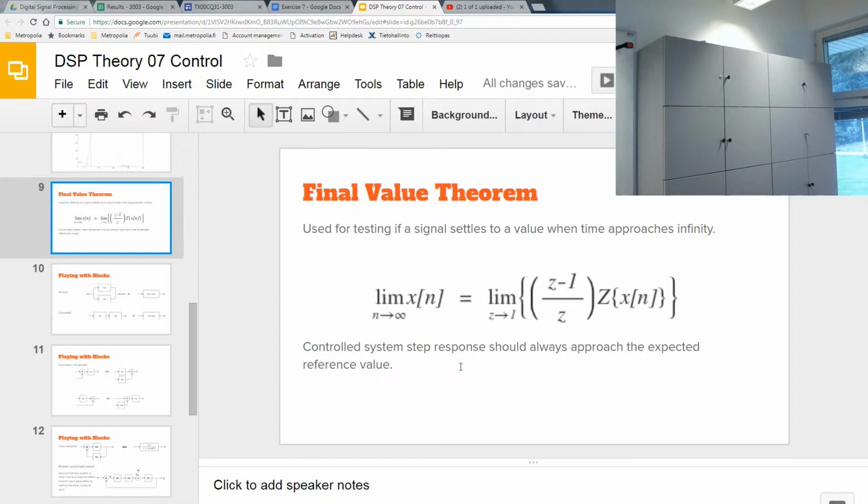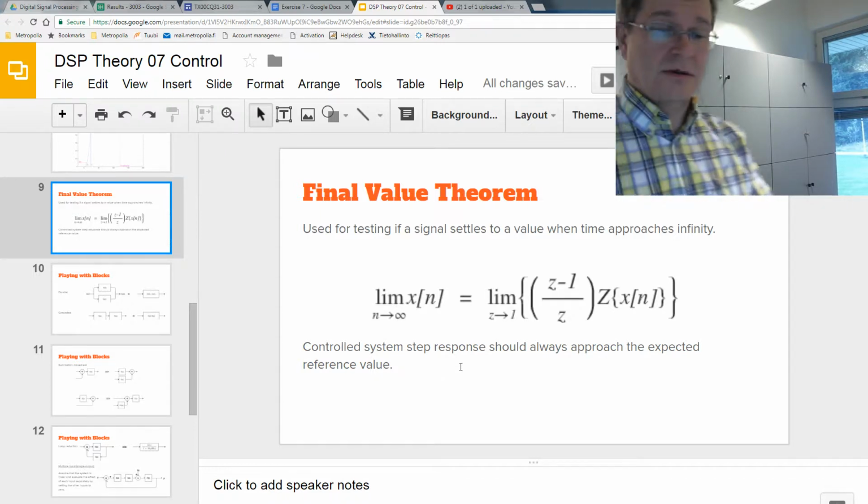Yes, because we are actually interested in how this is acting, how it is going and settling into some certain value. We are not interested in any other. So basically what we need to know first is what is the z transform of